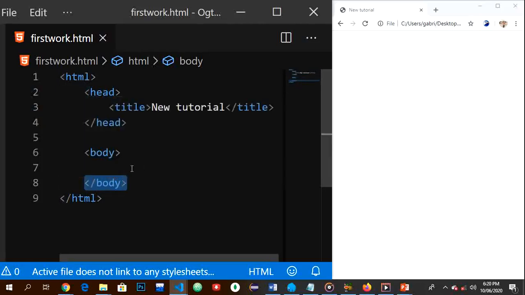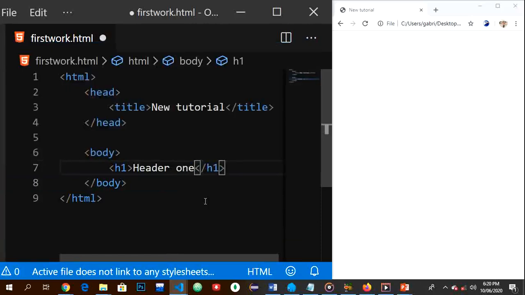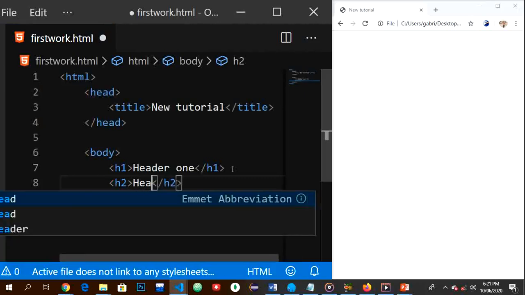So we have other elements like the H1. H1 stands for header 1. We also have the opening tag and the closing tag. Every opening tag must have a corresponding closing tag, and the difference between the opening tag and the closing tag is this slash, as simple as that. So let's have header 1 here. Next I have H2, header 2,